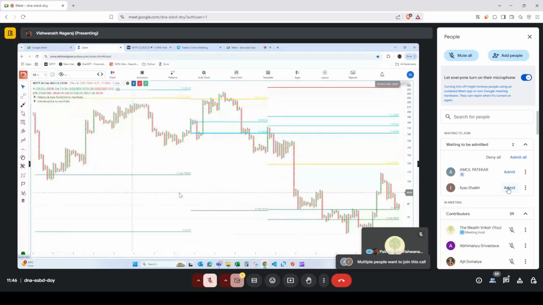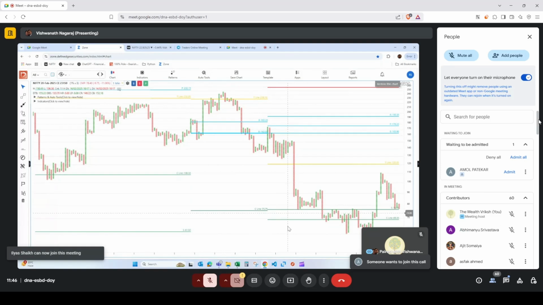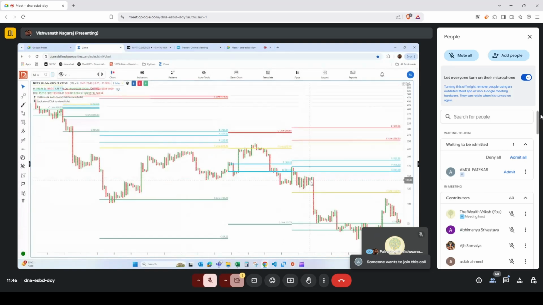I can't do much with this, but I will tell you. This is where you see blue. Remember this: blue, red, green, and yellow. These are the four lines you need to watch. In a nutshell, above the red lines, it is a free zone. Below the green lines, it is a free zone,